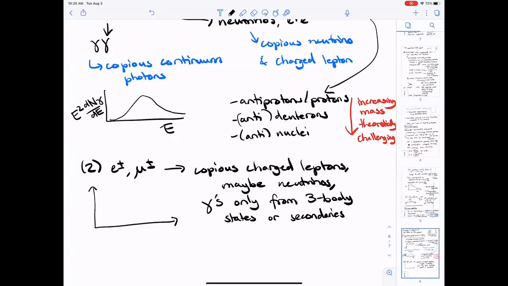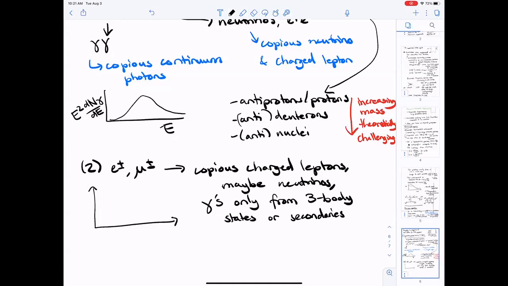But yeah, so AMS-02 and before it, PAMELA and other experiments have done measurements of the high energy cosmic ray spectrum, and they've told us a lot about cosmic rays in our galaxy, and there are a number of excesses in AMS-02 data that might be telling us something about dark matter, but may also be telling us just about the local pulsar population or about other backgrounds.